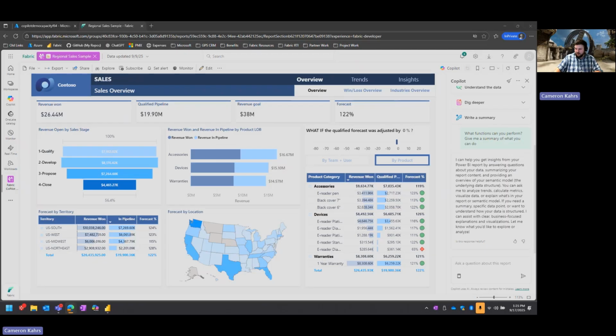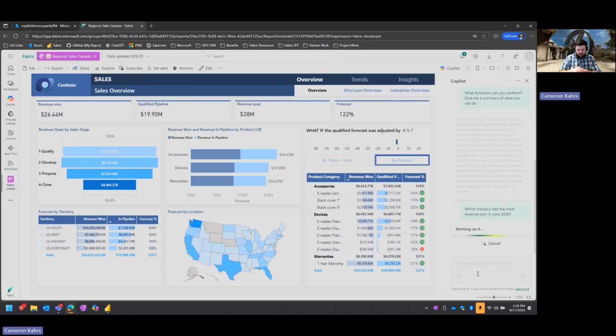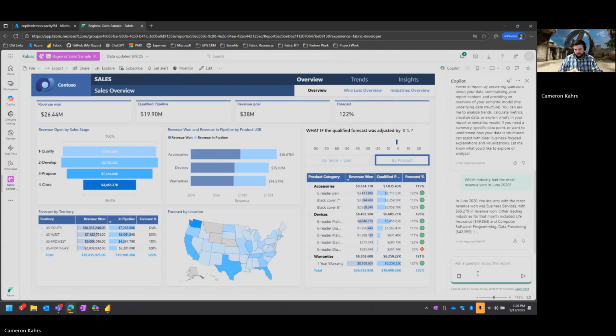Maybe I don't want to poke around this report and try and figure out, okay, which industry had the most revenue won in June of 2020? Maybe that information's in here in the report, but it's not jumping out at me. And that's really what I came to this report to find out, maybe. So I'll ask this question. So you can see here that in June 2020, the industry with the most revenue won was business services, with